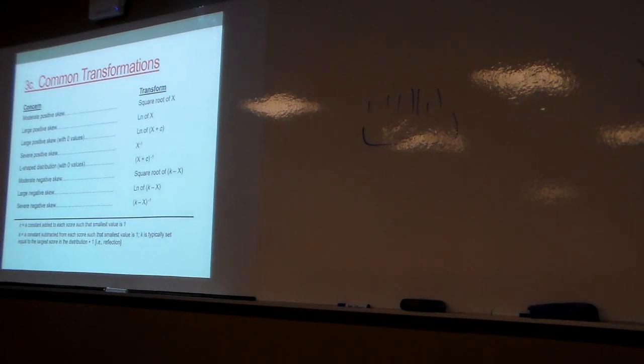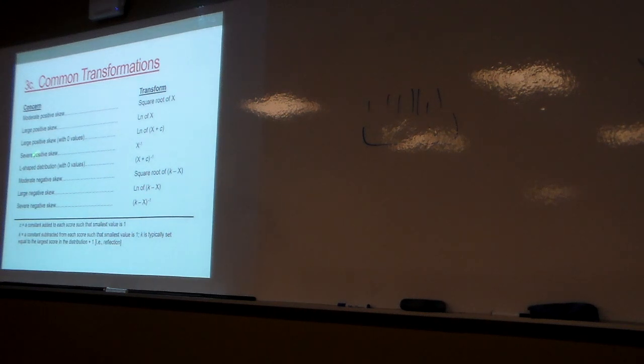So if I have, say, a 0 to 8 scale, I'm going to just add a constant of 1 to every value, right? And so now my scale isn't 0 to 8, it's 1 to 9, right? And so now I can take the natural log of that. I'm screwing with the scale anyway, so who cares what the scale is, right? Just making sure that I can do it.